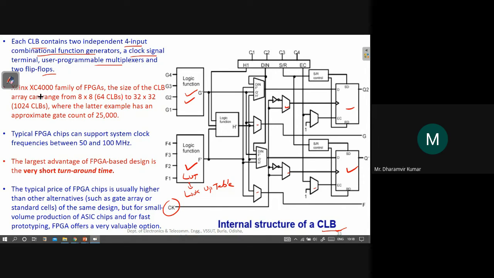This is the inside of one CLB. And we have many CLBs like this, as we just saw in the previous slide, and these were the routings. So this is one CLB, which contains these components.